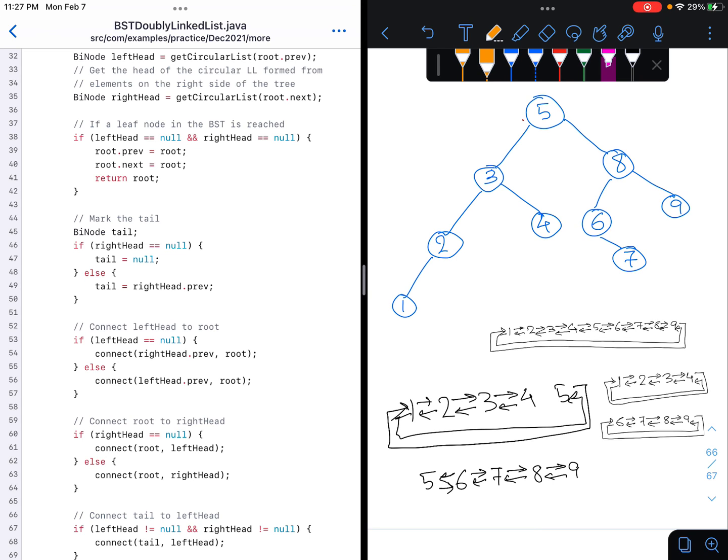So in this diagram, we are saying that on the left side we have this, right? And on the right side we have this. So if we just consider the left subtree, in that case, the right child that we had, 4, is going to be